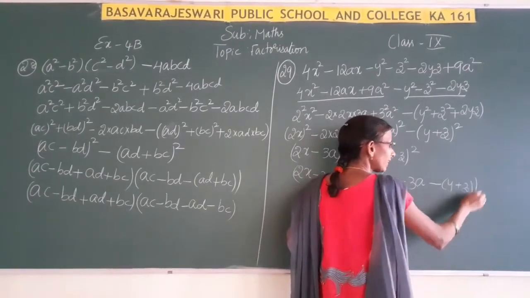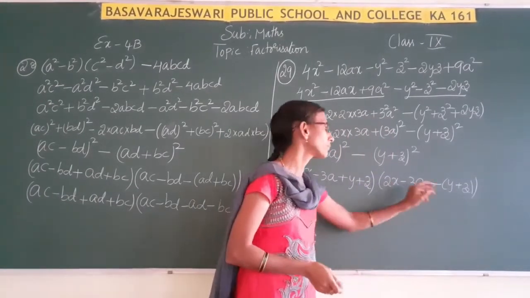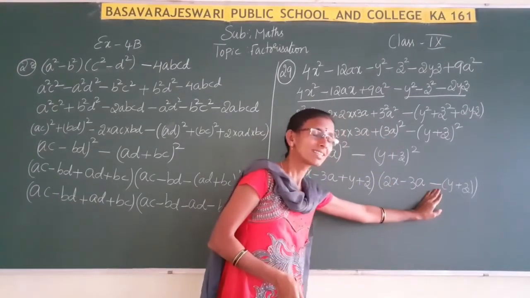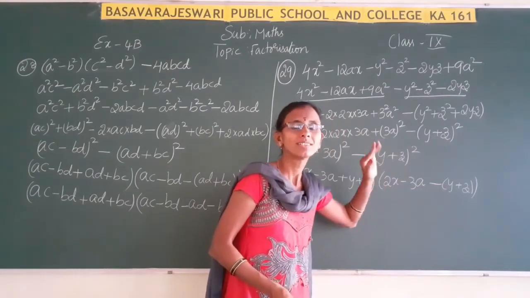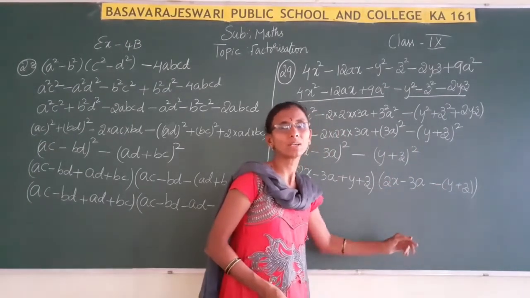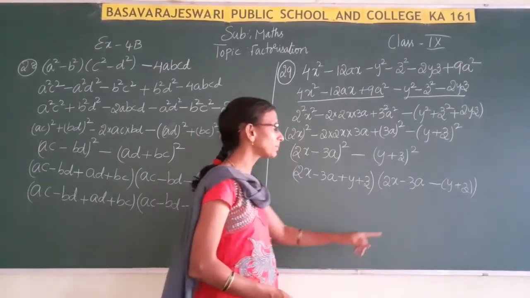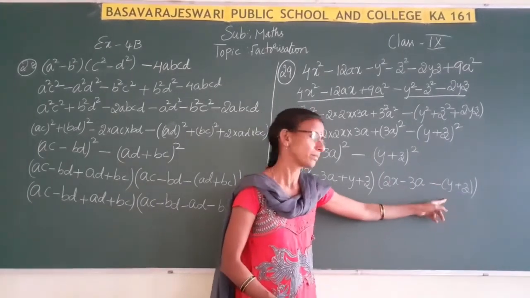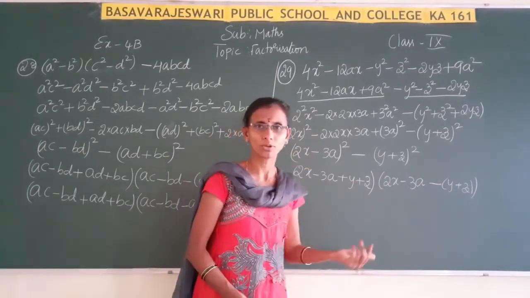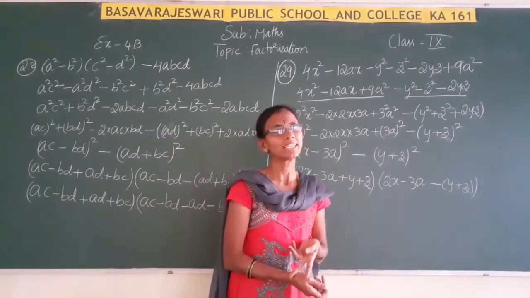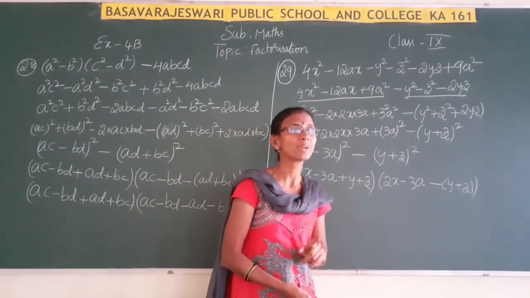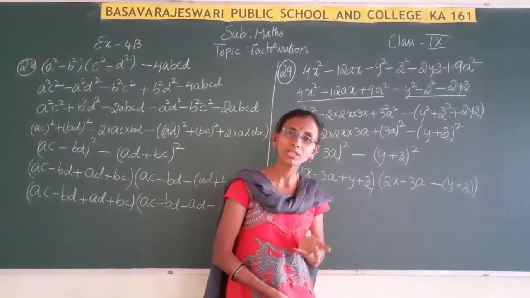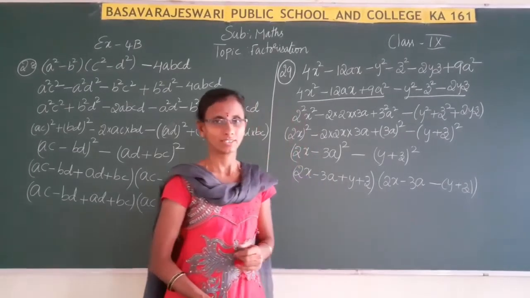We have to take it in a bracket because if we remove the bracket, the outside minus is there, so the signs of the terms inside the bracket will change. For that purpose, we have to take a bracket. If it is plus, we need not bother about that; the signs will remain the same. But if there is a minus, we have to take a bracket, and when we remove that bracket, the signs will change. Okay.